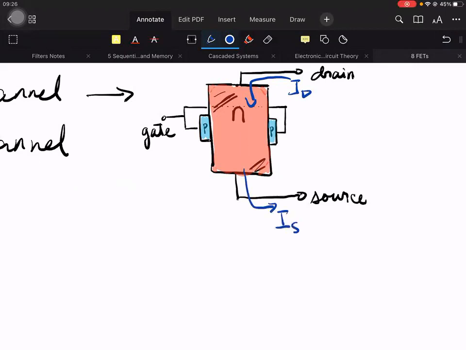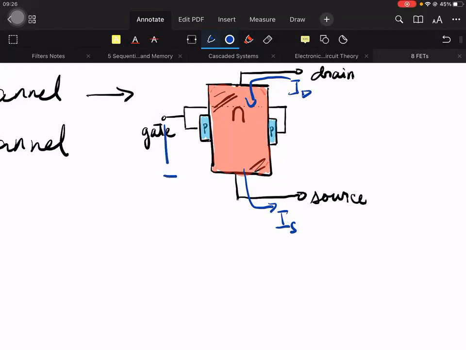We'll call this one ID, the current in the drain, and we'll call this one IS, the current in the source. Now, same as in the BJT, the question that we should be asking is when will current flow? For the BJT, current will flow from the collector to the emitter if we apply current to the base, remember? So it's quite different for the FET. Current will flow from the drain to the source,